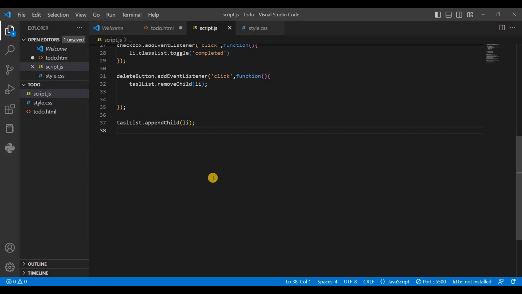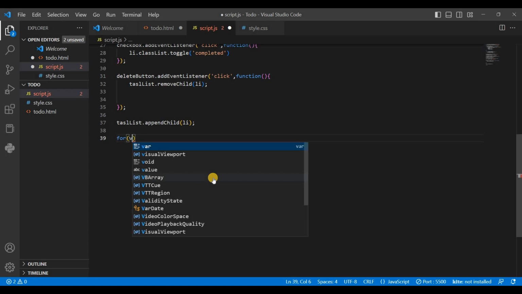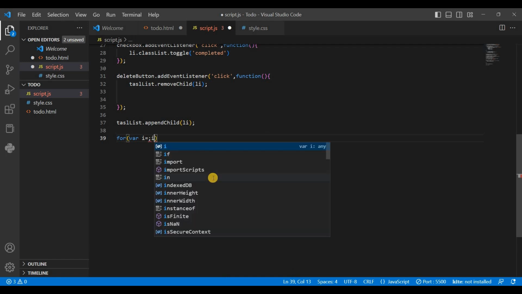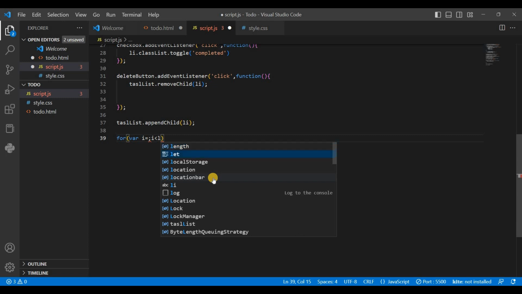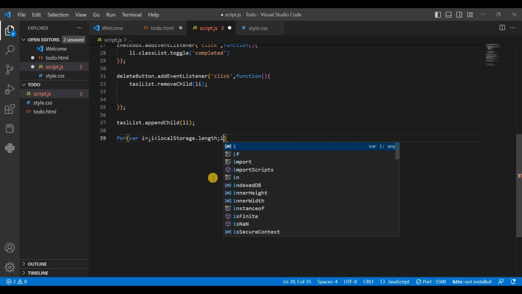Yeah. Then I need to use the loop because I need to loop through any saved tasks in local storage and add them to the list because we are saving multiple tasks. So I'm going to use the for loop here. I'm creating a variable as well, and I put i is equal 0, and I am checking whether the local storage length, for my increment part I'm using i++,